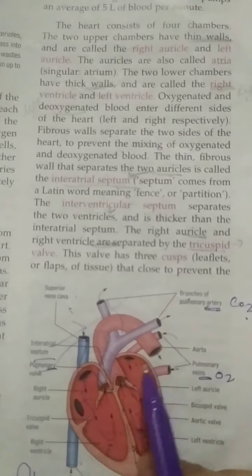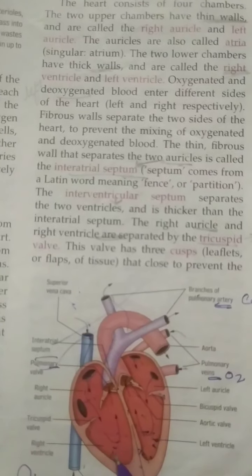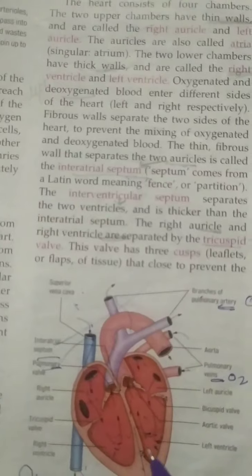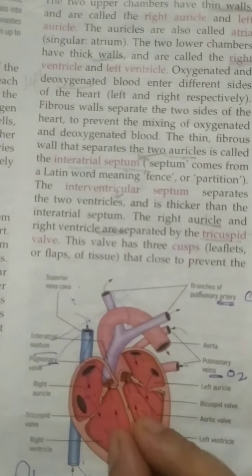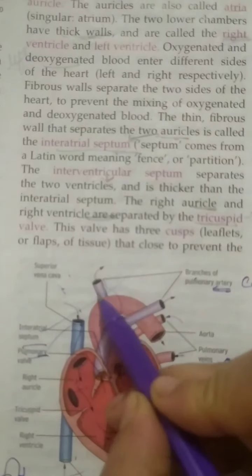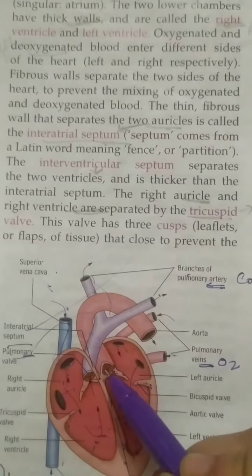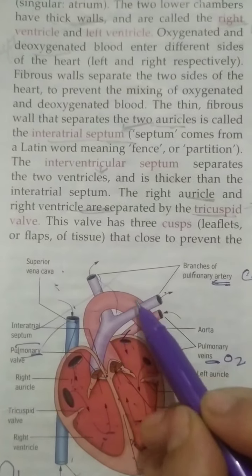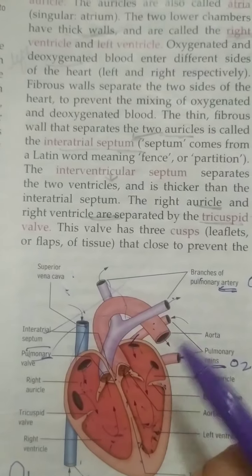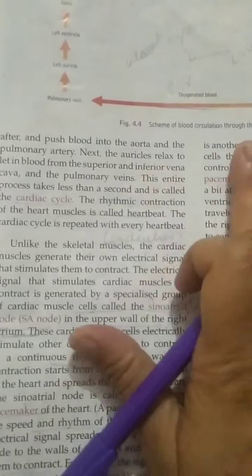From the diagram also I can tell you, during the first step the auricles contract and send blood down. At that time both the ventricles are relaxed. In the second step, the ventricles contract and the blood from the right ventricle goes through the pulmonary artery to the lungs, and from the left ventricle it goes to the aorta. You can see the aorta and the cardiac veins which provide blood. Now this is the cardiac cycle.